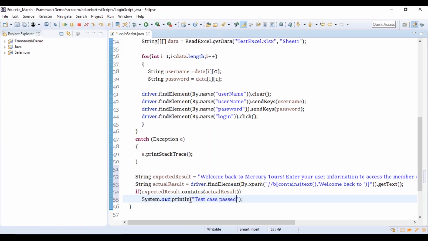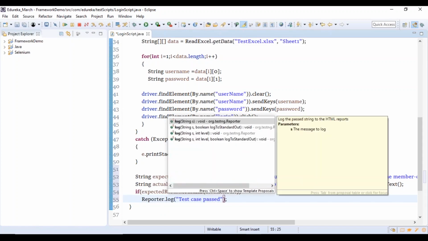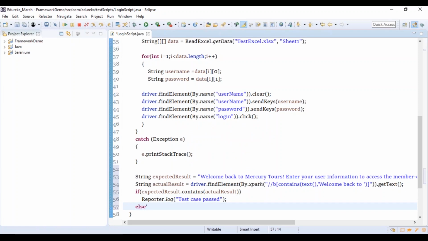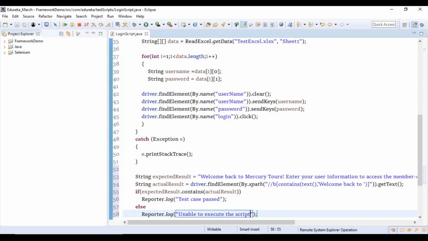You can just report it. I'm going to use reporter dot log. I'm just going to log it. Else you can use reporter dot log and say unable to execute the script. You can just mention it like that.